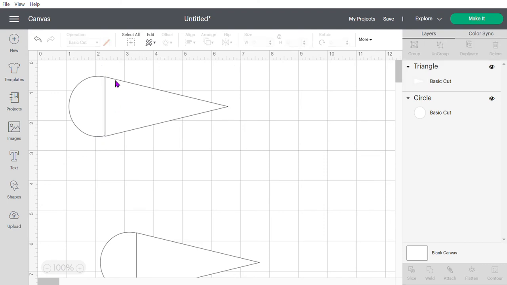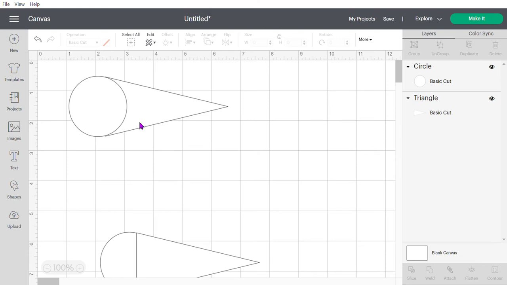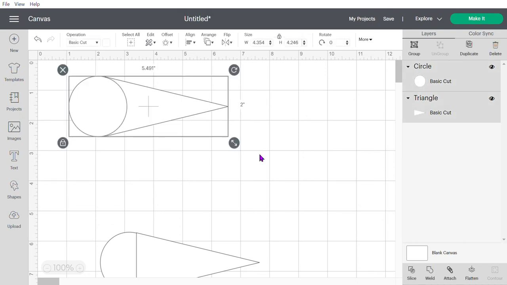Your Cricut is going to cut along the gray line. So they're going to be together, but you're going to have this line through the circle and the circle line, if I bring that forward, through the triangle. So you're going to end up with this weird little piece right in here. On the canvas, you're not going to see the difference, but when they actually cut, you are going to have that piece cut out, because even though the triangle is in the back,